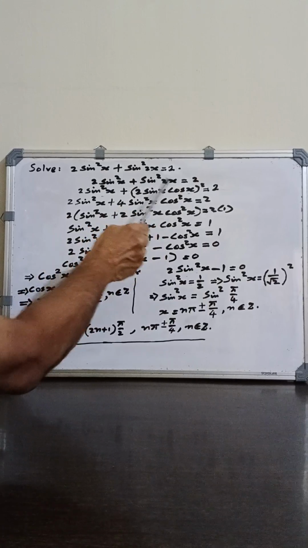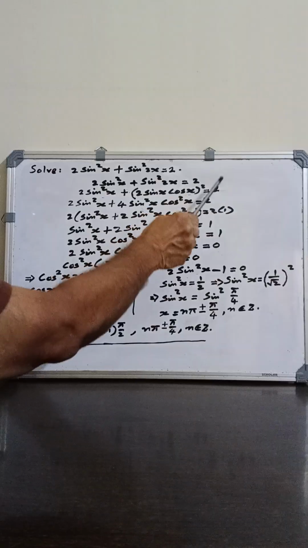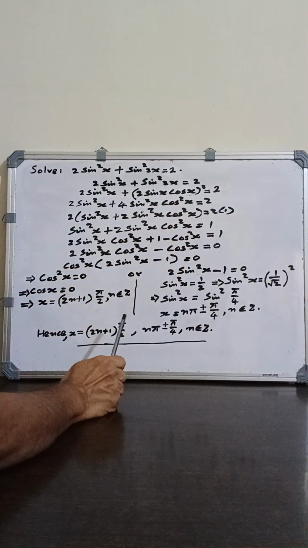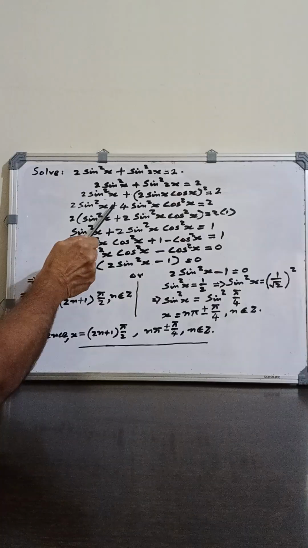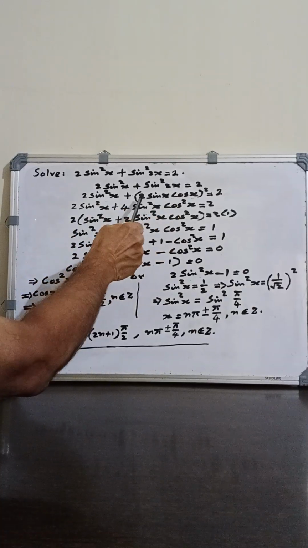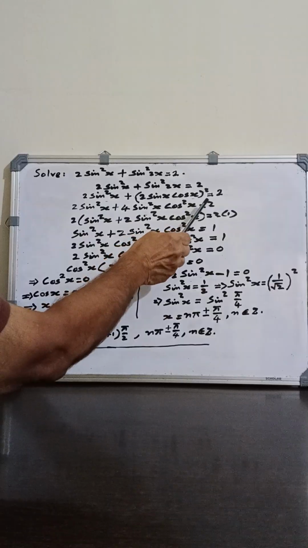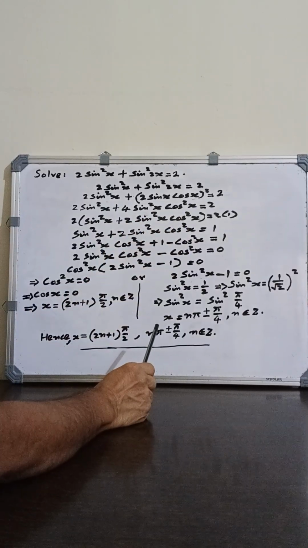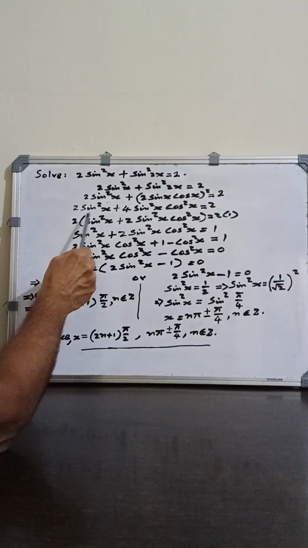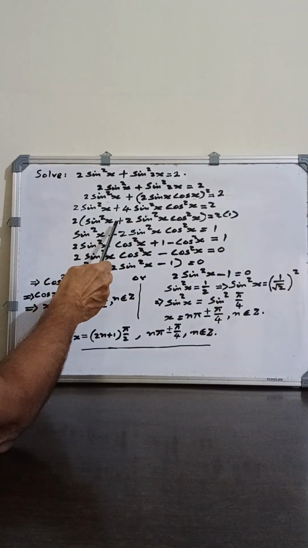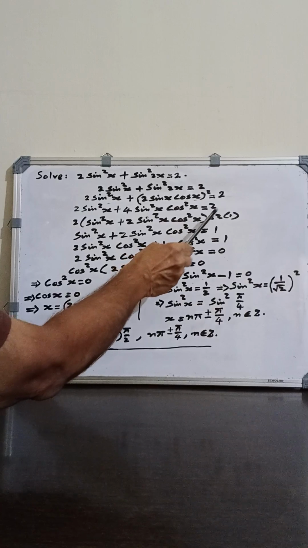Sine squared 2x equals 2 sine x cos x the whole square equals 2. That is 2 sine squared x plus, squaring this term, 4 sine squared x cos squared x equals 2. Taking 2 common from LHS, 2 into sine squared x plus 2 sine squared x cos squared x equals 2 into 1,